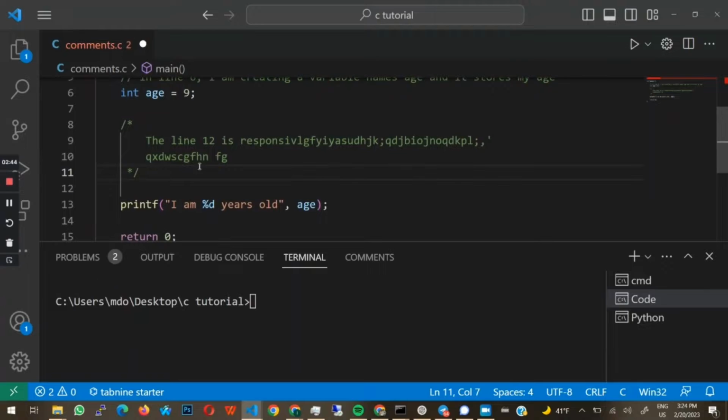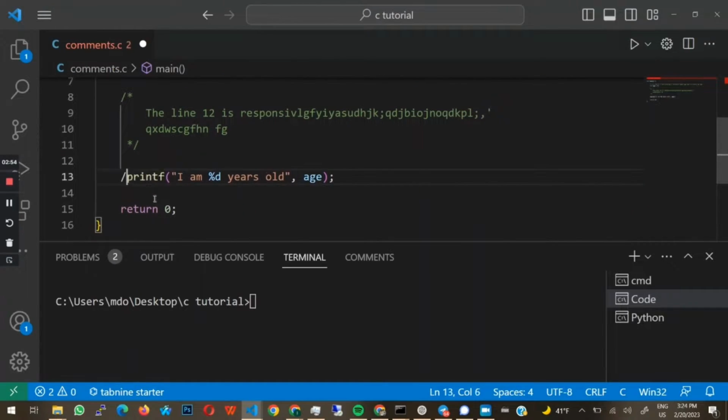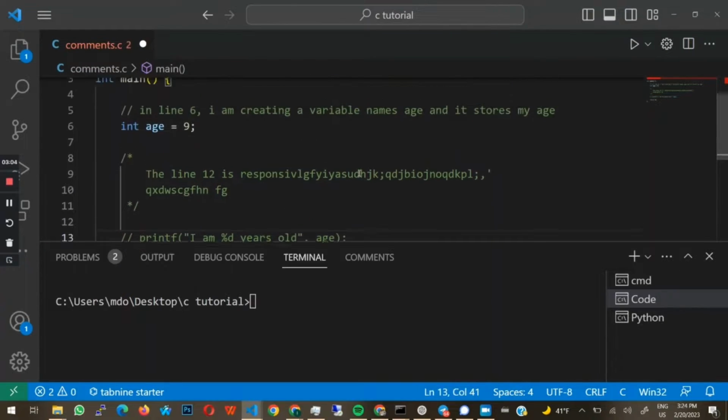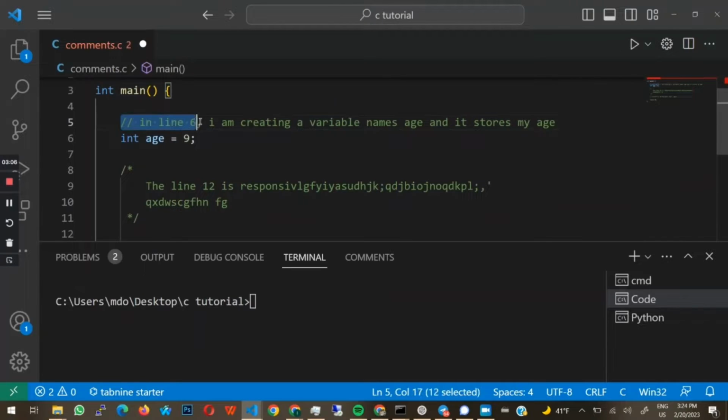And then they also help us to temporarily disable a particular line in your code. So let's say you do not want that line to function, you could just put a forward slash, and then when the C language, when the computer is running your program, it's going to completely ignore that line. So whatever line that is commented is going to be ignored. So those are the two main functions of